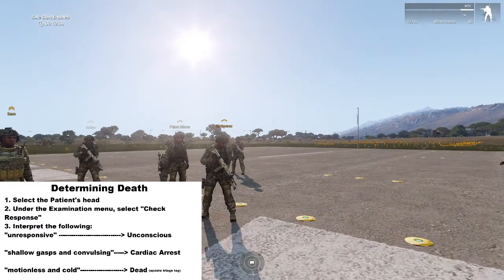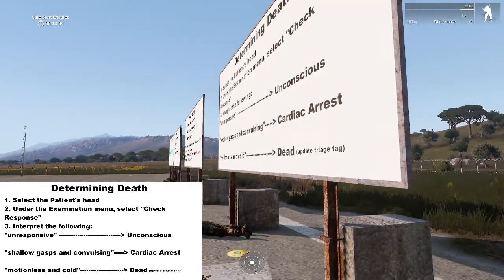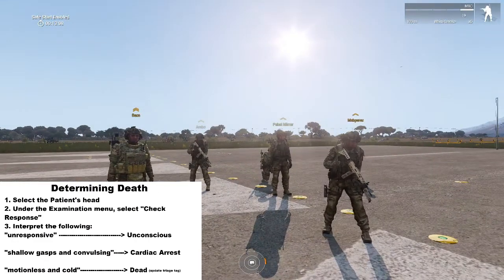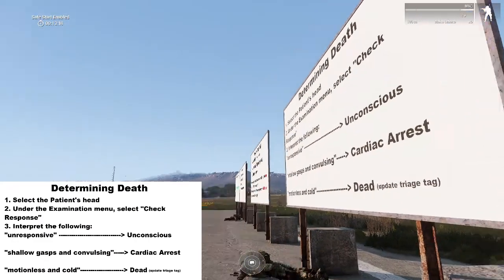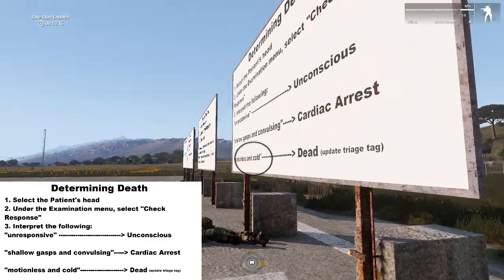Not a big deal if it happens once, but when an entire unit is miscalling people, that can be a problem. So memorize these, remember them. If you hear someone go down near you, run over and check that they've called it correctly, and if they haven't, just take a quick second to educate them, because this is the kind of thing that when you're unconscious,